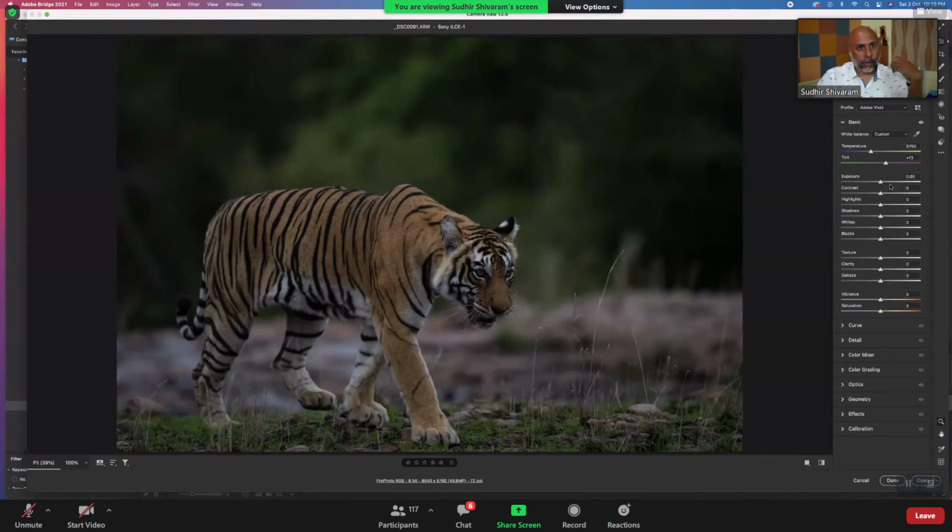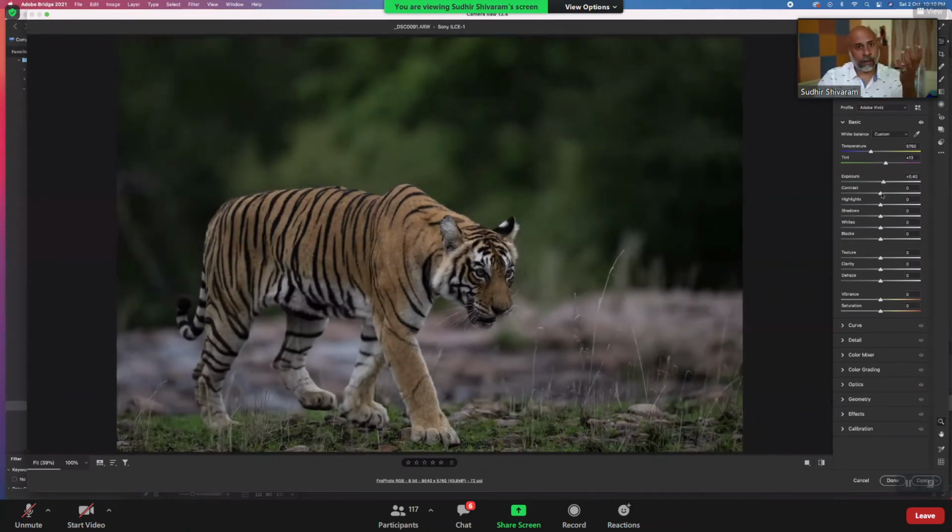Overall, for exposure, I want to overexpose it a little bit. And most importantly, I love a little bit of high contrast. So if you see, by increasing the contrast, the punch also increases, but the image becomes dark. Since the image becomes a little dark, I use the shadows to get those shadow details. Wherever the image gets underexposed, I use the shadow slider to enhance those specific areas.